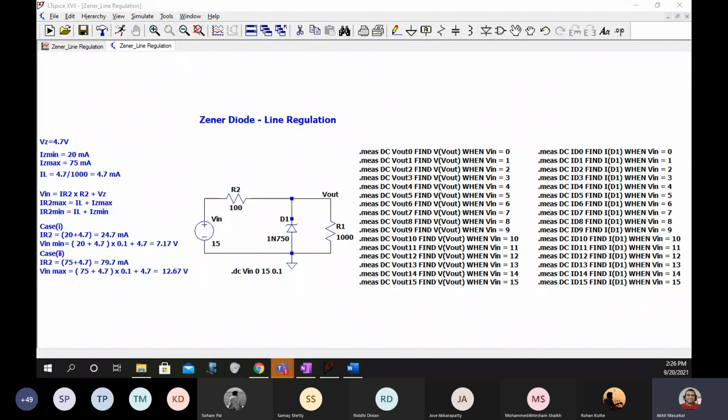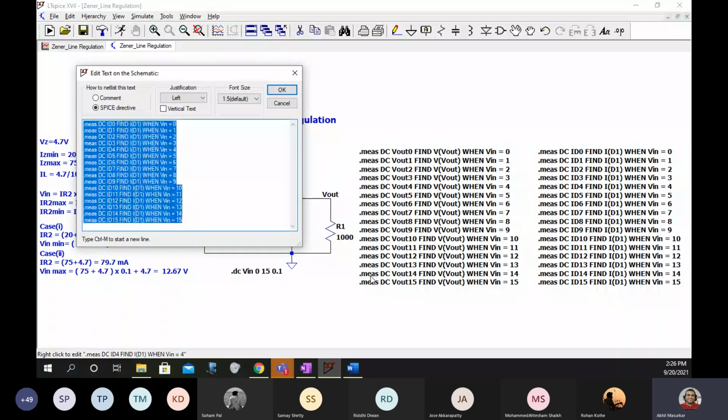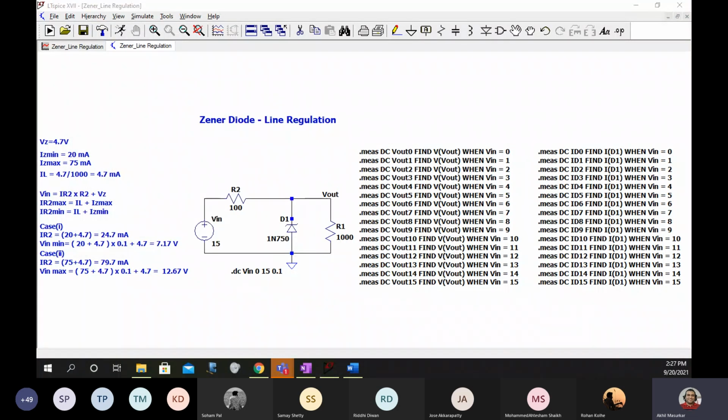Here are the dot measure commands for V out, and these are the dot measure commands for I. So just making life simple. Are you all able to see those commands in the chat box? Yes, sir.